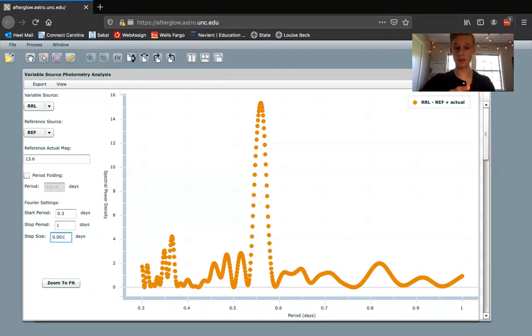Cool, and it should look something like this for yours. There's going to be a very large peak in your plot. What we're concerned about here is the highest peak on the plot, and that for me is this one here. Remember, this x-axis is the period in days. So you can see that this highest peak has a period of about